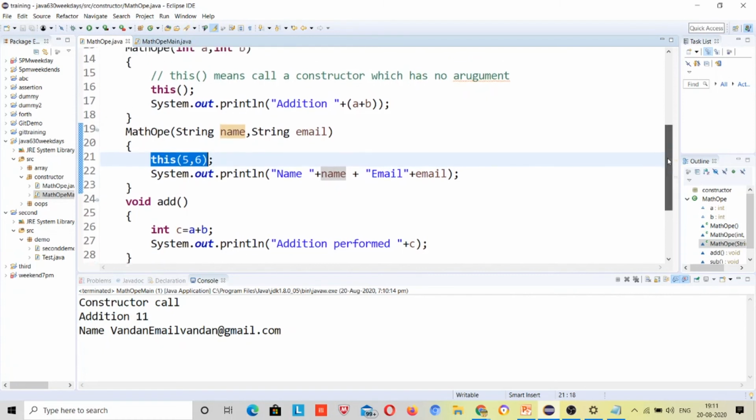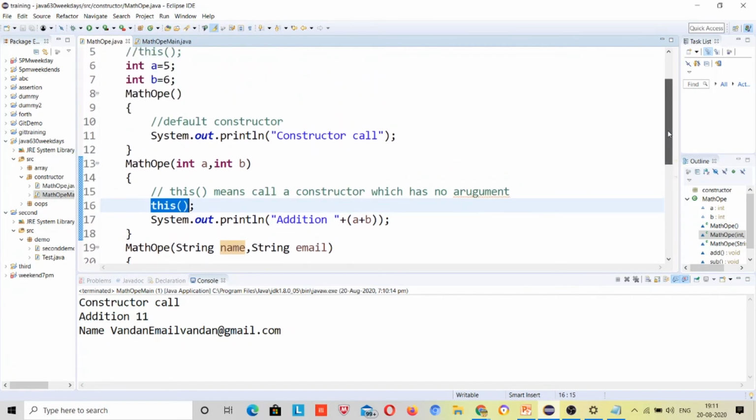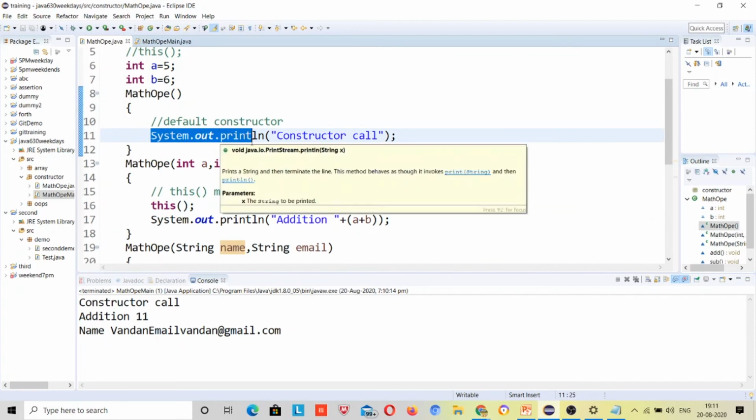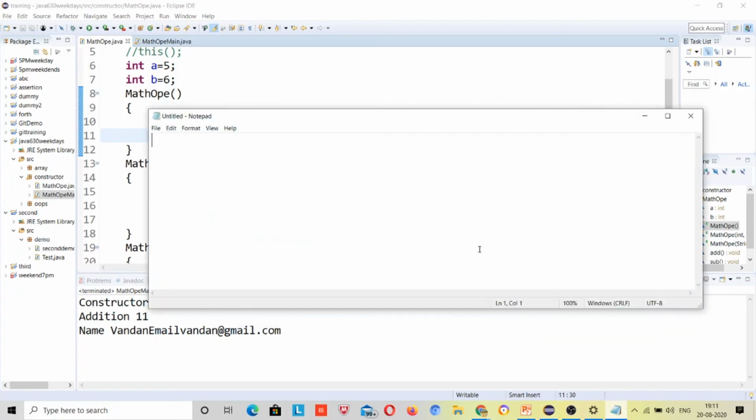When it came here, it again says go to the constructor which has no parameters, so it directly jumps to the default constructor, where the code constructor call is present. So the first output will be constructor call.